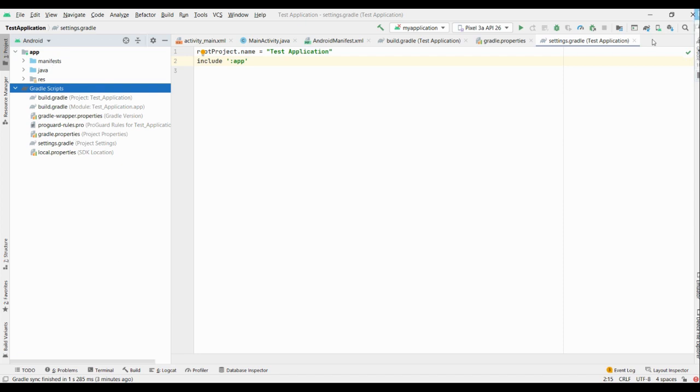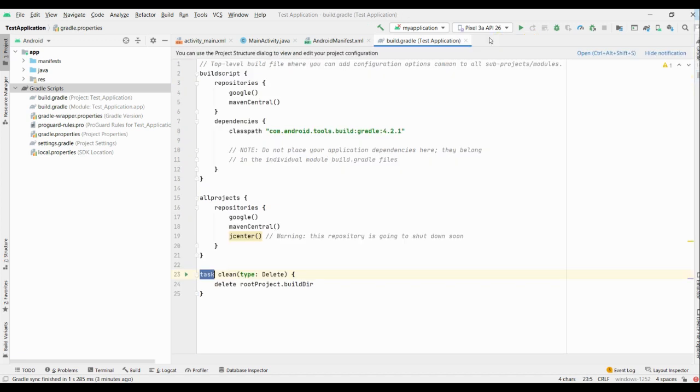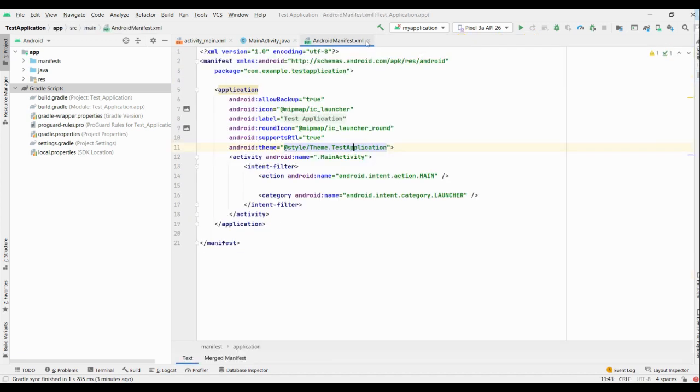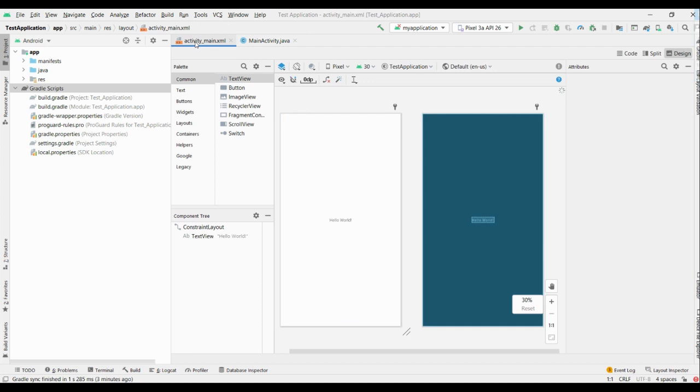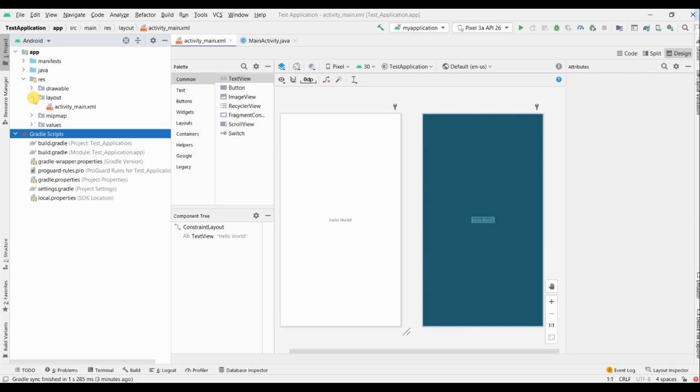And now we'll jump into a different section. So this is the main activity Java file, and this is the activity_main.xml. This is the layout actually. So this file we can see under layout folder in the resource.